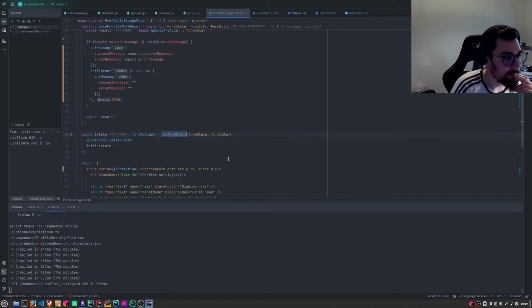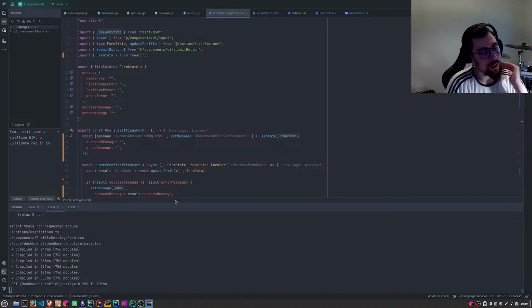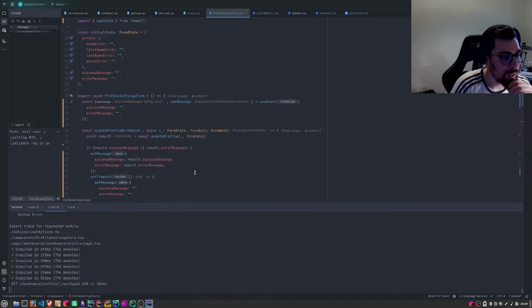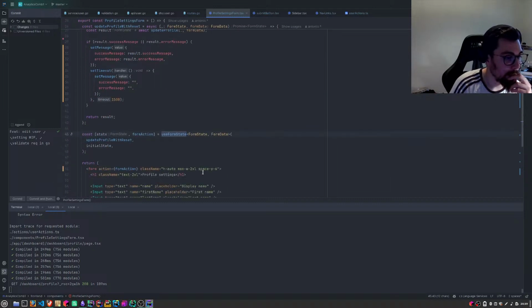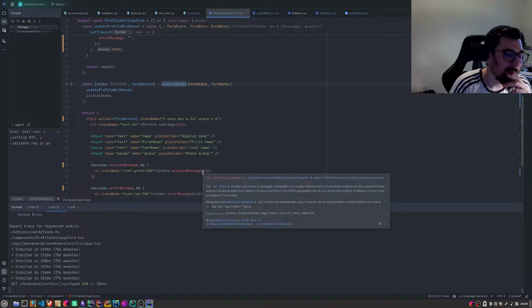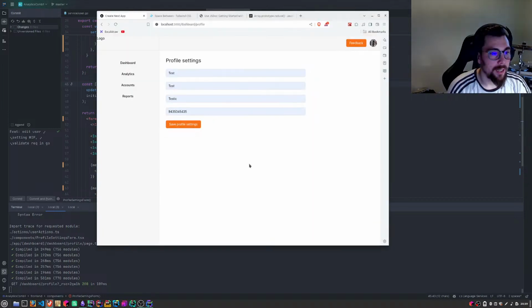But I didn't have to install Hook Form, so I wanted to try to do it without using any external library for fetching and for forms. We might need them, but I don't think we're going to.